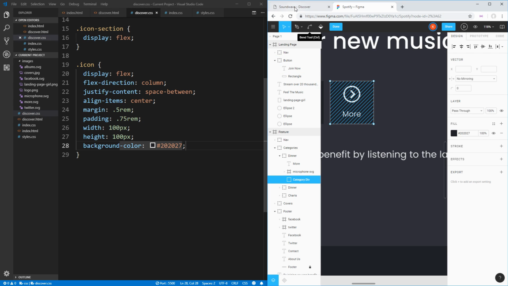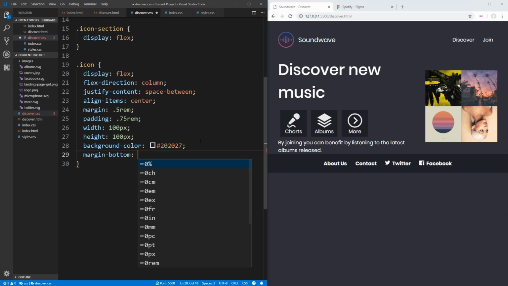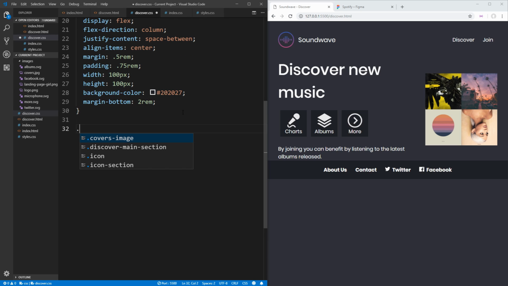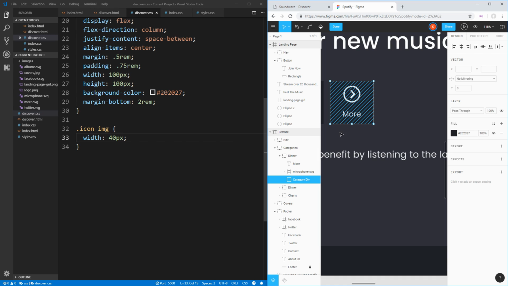And if we go look at what we have so far, you can see that these are already starting to look really close to what we want. All we really need to do is add a little bit of a margin to the bottom of this so that it's not right up against our text down below. And we're also going to want to modify the actual images since they're a bit too large. So we'll just change the width here to be 40 pixels. And if you save that, that now looks a lot like what we have over in this section over here,